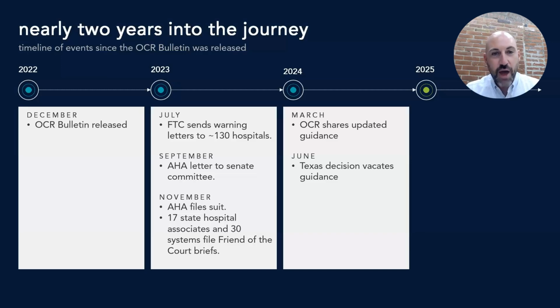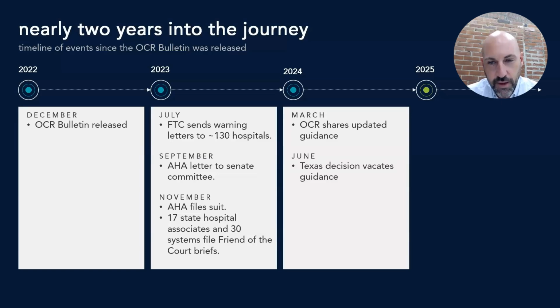There is this back and forth that's now happening through a number of parties, considering the interest that everyone has in disseminating critical information for the good of public health and the way that marketers reach audiences. In November of 2023, after really no movement, the AHA files suit. And there are a number of state hospital associations and other systems that file amicus briefs, or friend of the court briefs, that join with that